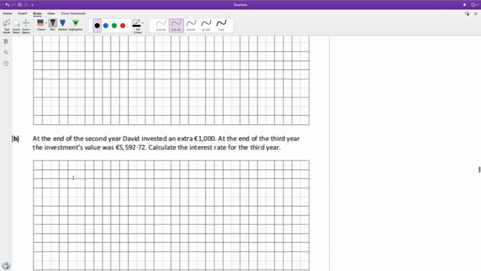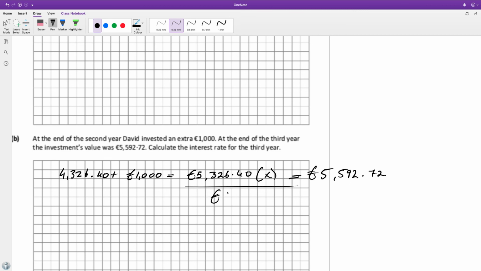So as you said, 4,326.40 plus €1,000 is 5,326.40 times our interest rate is equal to €5,592.72. Divide by 5,326.40, divided by 5,326.40. X is equal to,